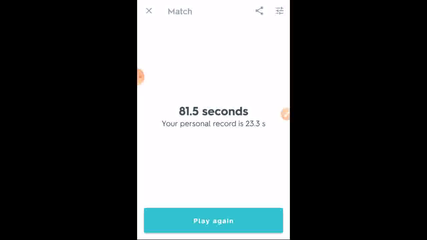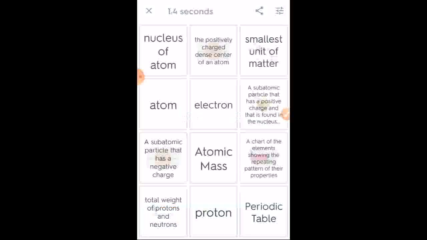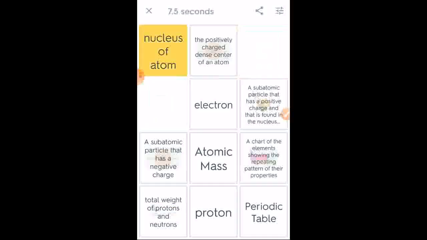Now if I want to play the same game again, I can go to the game again and complete it very fast. Nucleus.